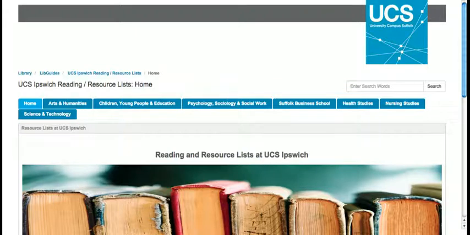So the point would be that students always get their reading list in their module packs, or they're located on the VLE. For us, it's in Learn UCS. But students sometimes struggle with actually accessing the titles and the resources on their list. So I wanted to develop this digitized version to make it easier for students to access the information that they need. The idea would be that students would be given this link. It's either going to reside on the library web pages, or it will probably sit within their module on Learn UCS,